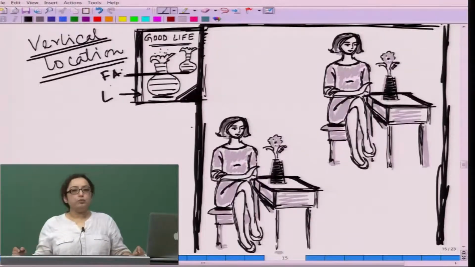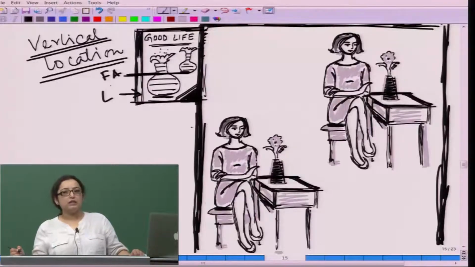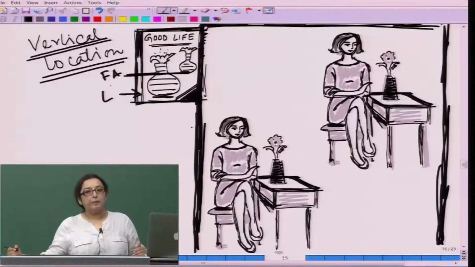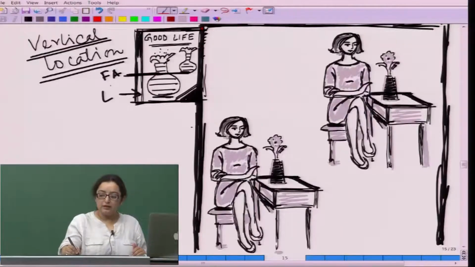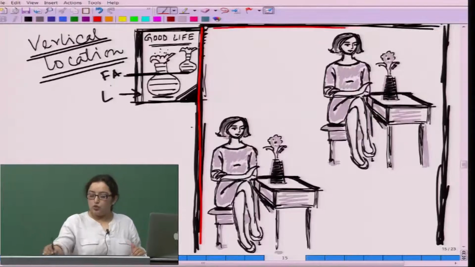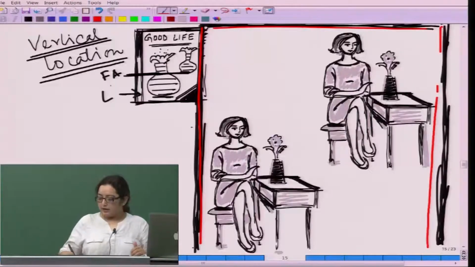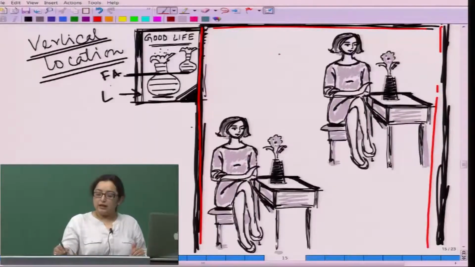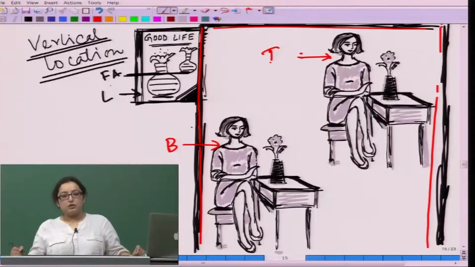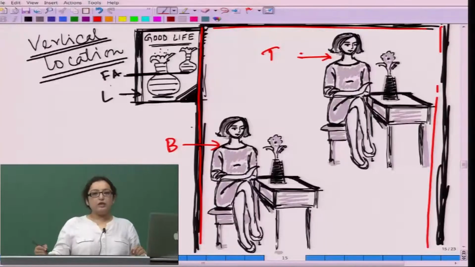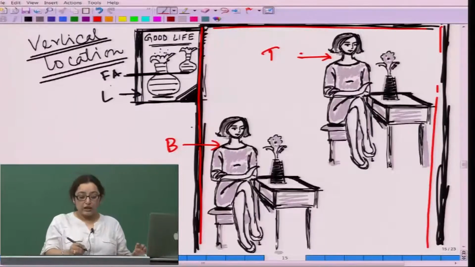Now, if we want to push certain things back, we have a tendency to put them a little up. In this particular work, the most interesting thing is that these two characters are the same in size. The only difference is that this character is placed at the bottom of the composition, and the other one is placed at the top of the composition. But by placement, somehow it gives us a feel, though there is no change in size